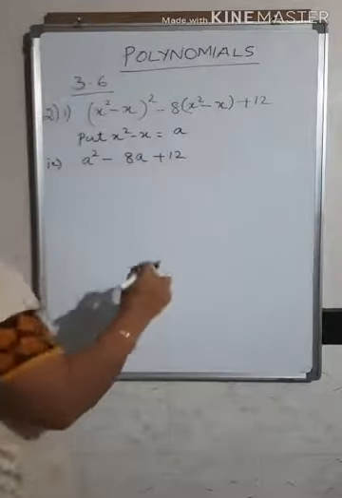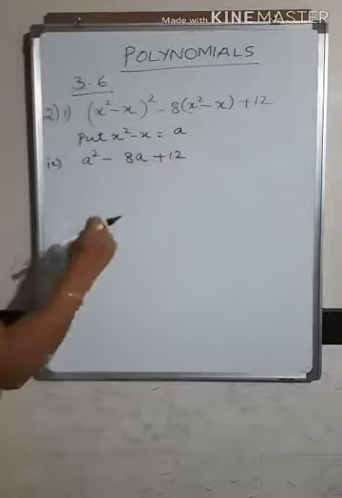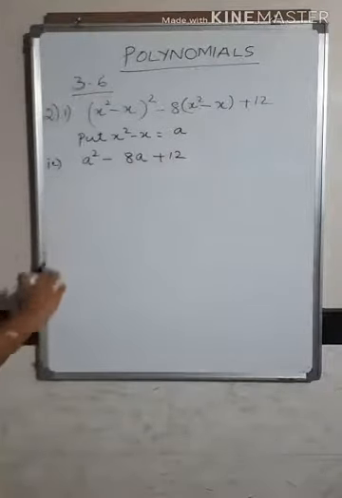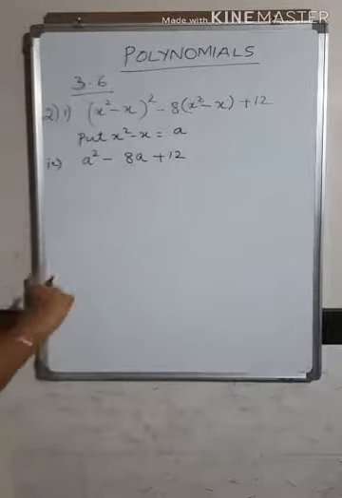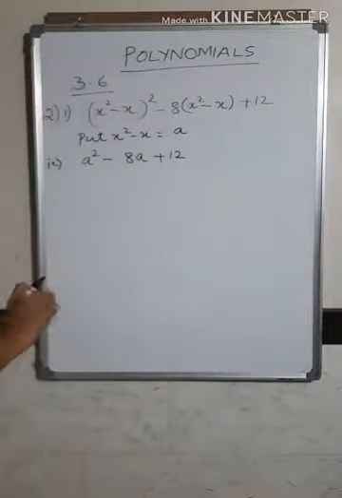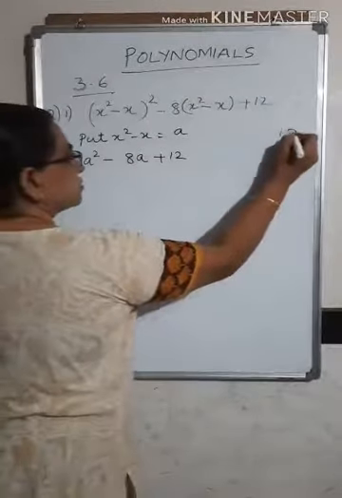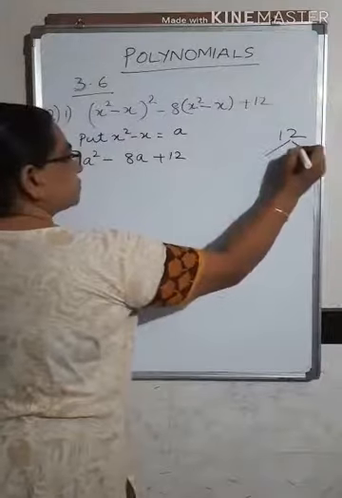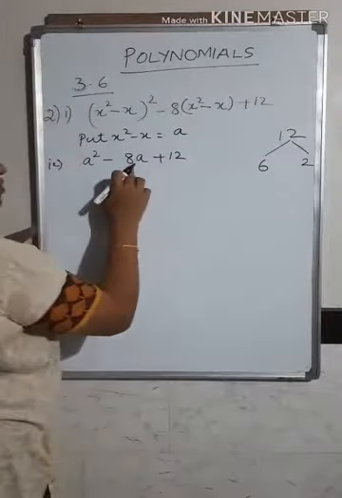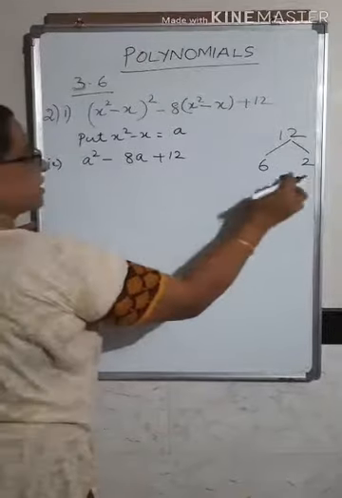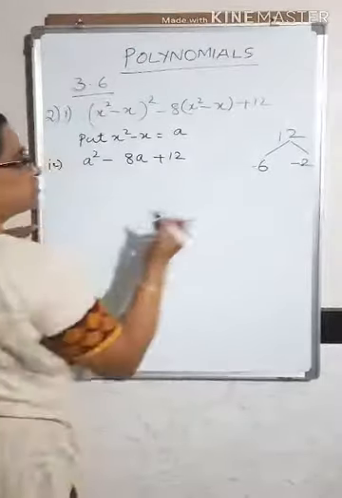So when you look at this expression, it has already become a quadratic polynomial with 3 terms. So you have to factorize this using the same procedure you used in the first problem. You are going to take the product of the first and the last, that is 12. So the factors for 12 are 6 into 2, and 6 plus 2 is equal to 8. But what signs do you have to give, since you have got minus here? So both will have the minus sign.